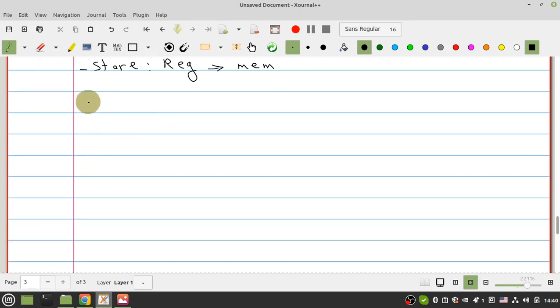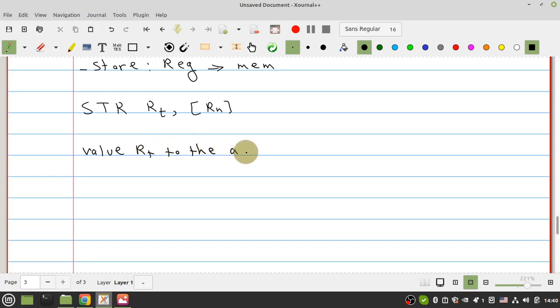The instruction is STR, or store, with Rt and Rn. What are Rt and Rn? With the STR instruction, you can write the value of Rt